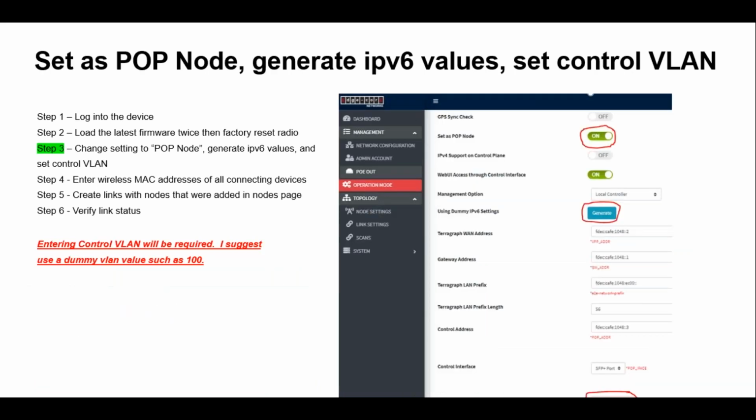Okay, so to get these to link up, I made it a point to write down all the wireless MAC addresses. Let's say you have 10 client nodes you want to connect to a distribution node. You want to get all the wireless MAC addresses of all those client nodes and note those. So as we get further along in the distribution node, now that you loaded the latest firmware,